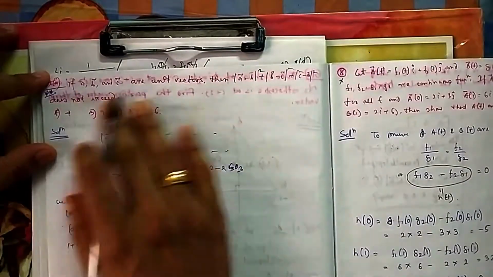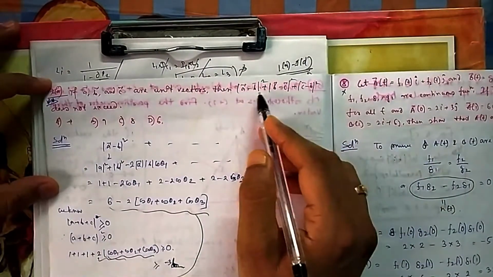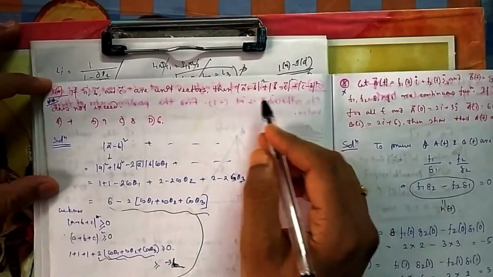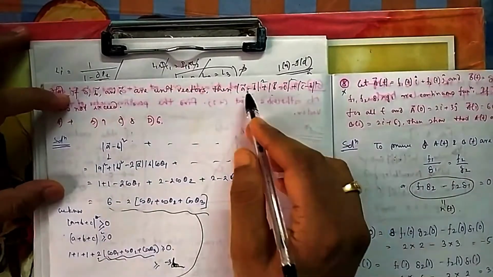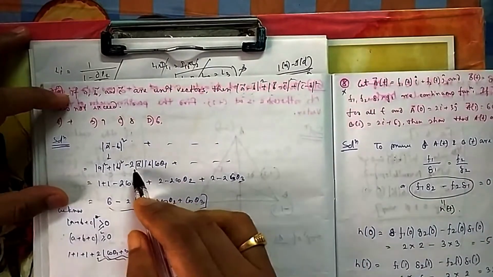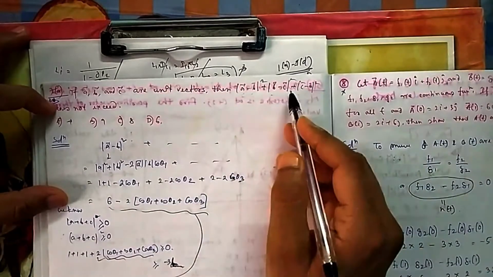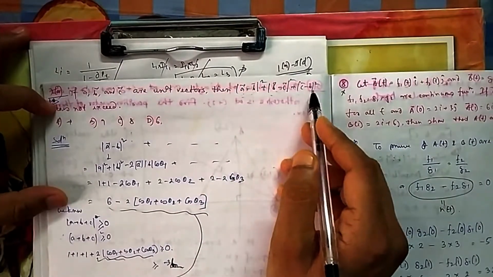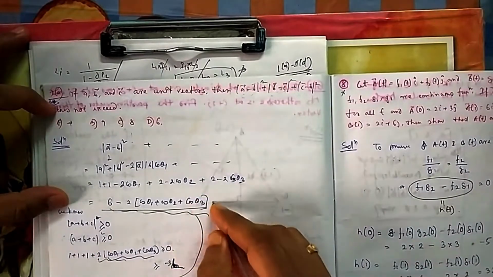Okay, now if a, b, c are unit vectors such that this is given to you, then this does not exceed. So this whole square is nothing but, how do we deal with it? It is nothing but a minus b dot a minus b. So what is a minus b dot a minus b? Mod a square plus mod b square minus 2 a dot b, which is nothing but 2 minus 2ab cos theta 1. Similarly for this one the angle is theta 2, and this angle is theta 3. So it is coming in something of this fashion, and you are stuck at this position.